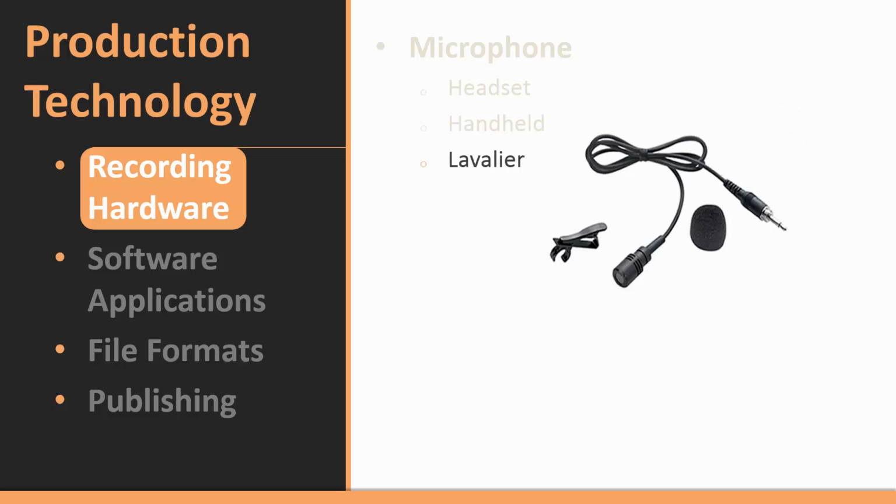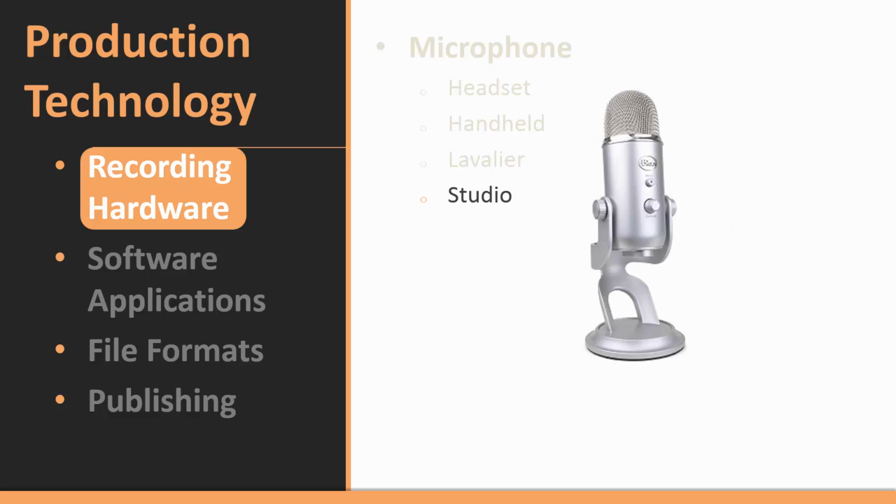A lavalier microphone, typically we use these for camera-based or video-based productions, especially where it's important that the microphone is positioned in a stealthy location, typically on their shirt, out of view, or at least so it's not as distracting on camera. A studio microphone, absolutely essential for professional sounding podcast audio where you don't need to move